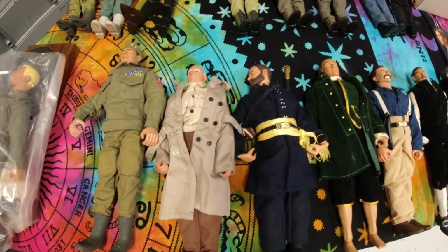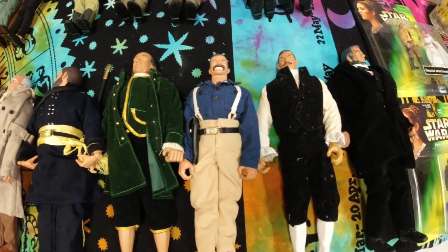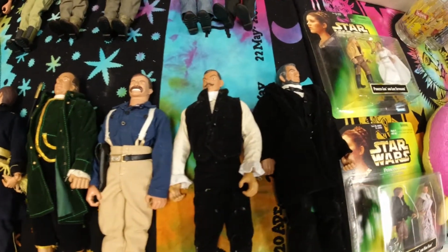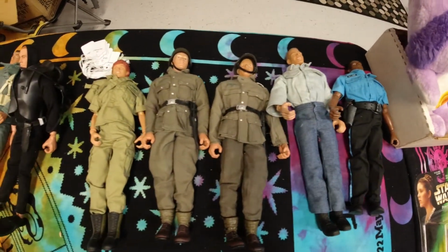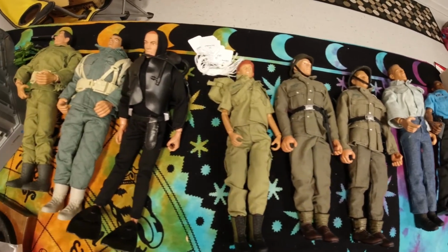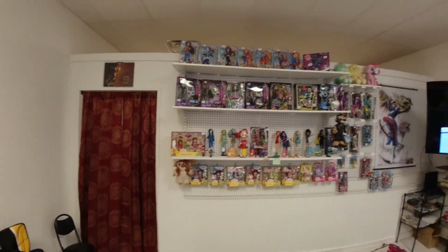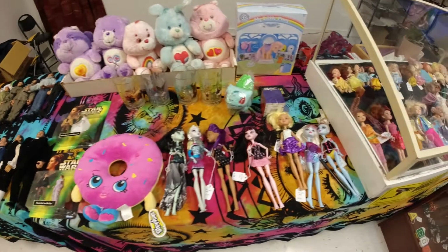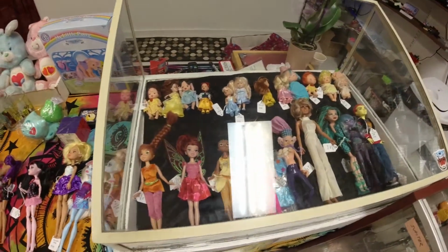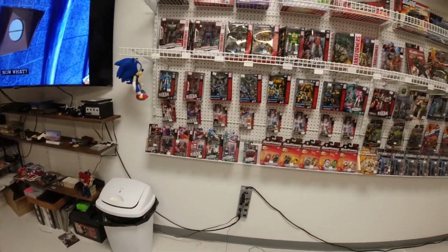Here are some, I believe, well, these are just like Abraham Lincoln, Benjamin Franklin figures, but there's some G.I. Joe. He said he was just actually getting these out recently and getting some price tags ready for them, so just kind of going through those. I don't know very much about these figures. And then we get into